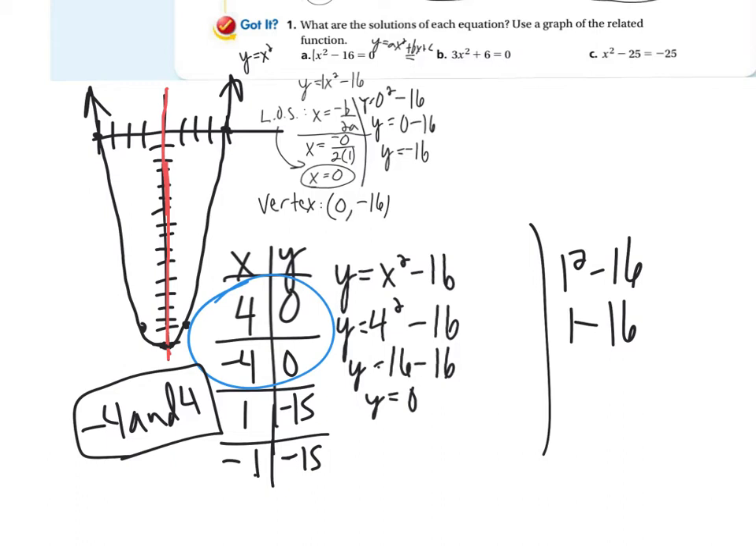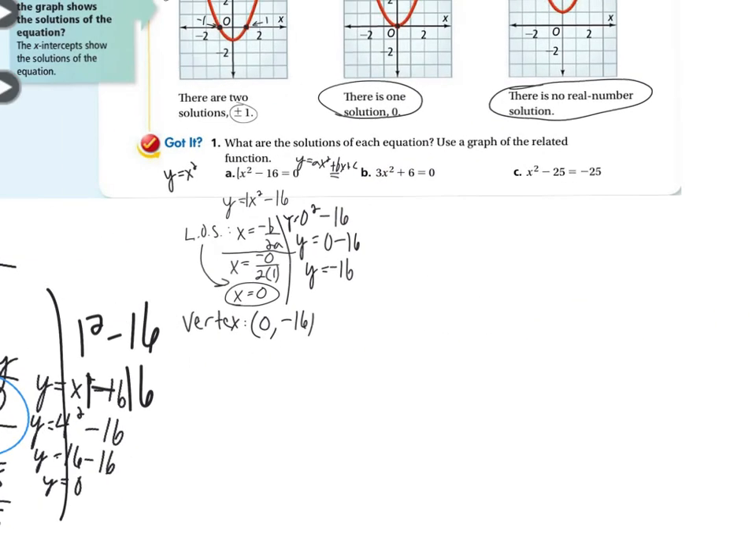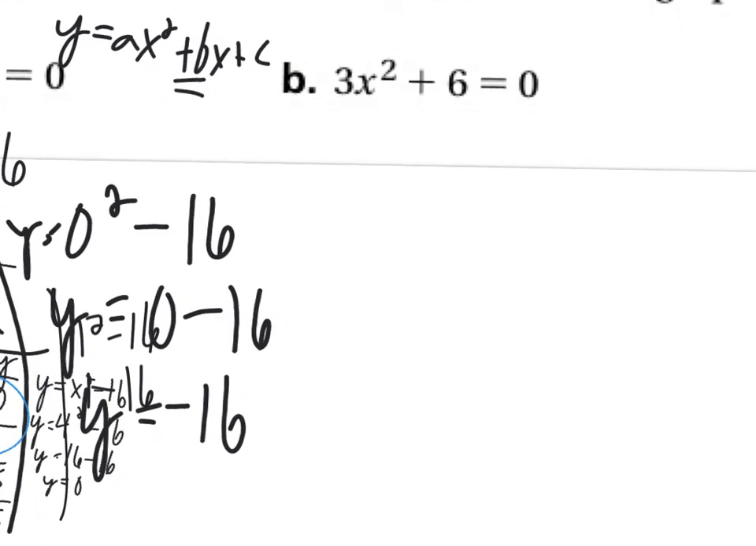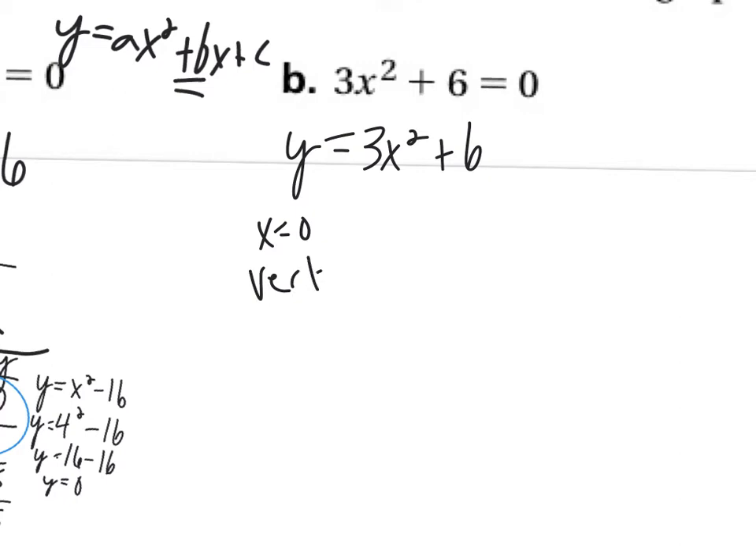So look at part B. Clear out some of these things here so we got some room maybe. Okay, so we're thinking about on this one, we got 3x squared plus 6 equals 0. So we're thinking about y equals 3x squared plus 6 if we were going to graph this. We don't have a b term, so our line of symmetry is going to be x equals 0. And then our vertex, if you can think about,